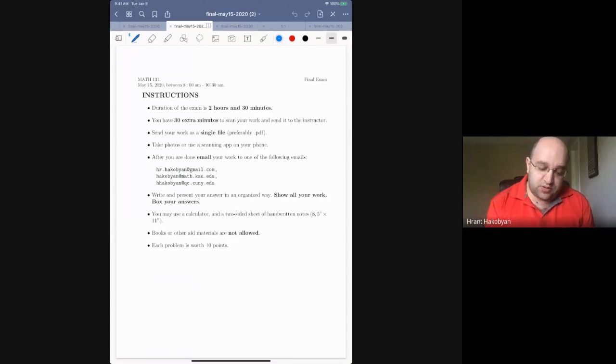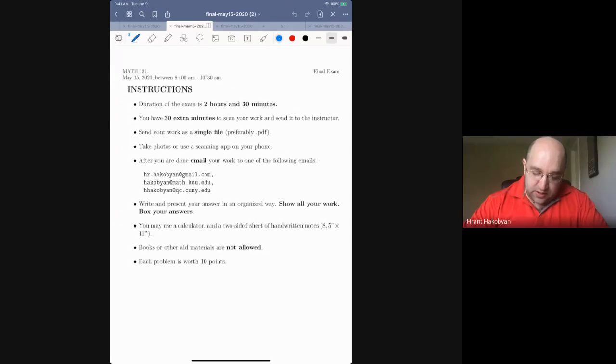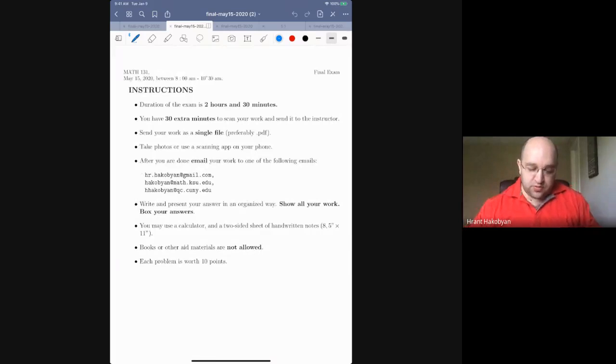You should try to send it as a single file and make sure that whatever you send me is visible so I can grade it. The instructions are written here, and I sent them by email to you as well. Again, send them to one of these three emails. Write your answers in an organized way, show your work, box your answers. You can use a calculator,